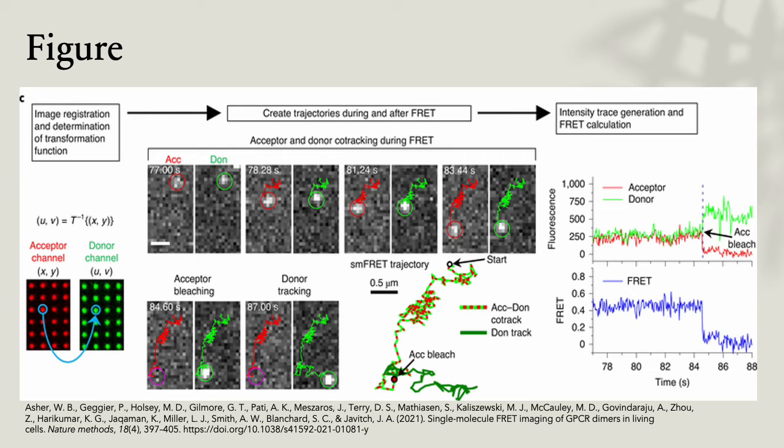Its use in mammalian cells has rarely been reported due to multiple experimental and data analysis challenges. The most notable studies use SM-FRET to study conformations of proteins labeled in vitro and microinjected into cells. It reports advances for SM-FRET imaging that enable investigations of receptor dimers in living cells, including agonist-induced structural dynamics between